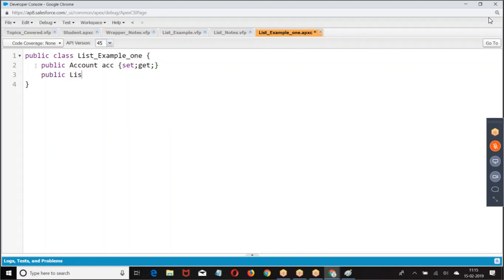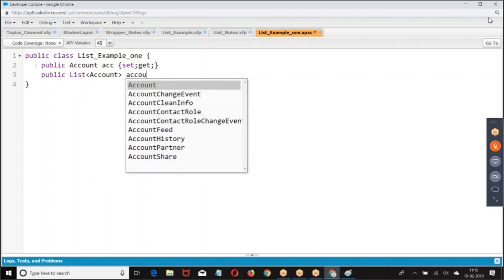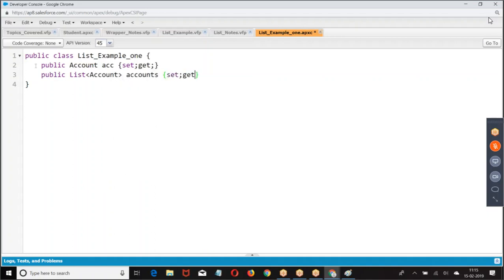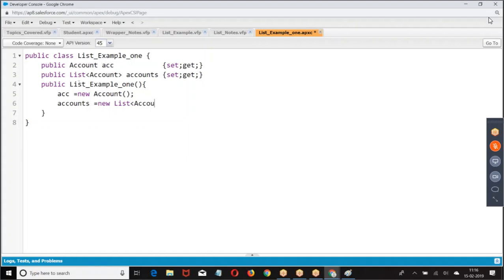Then I have public List of Account, accounts. ACC equals new Account, because it is null and I want to make it empty. Then accounts equals new list. Public void.